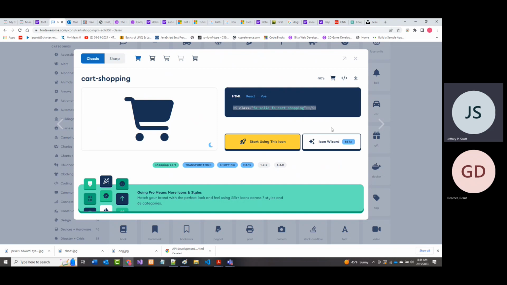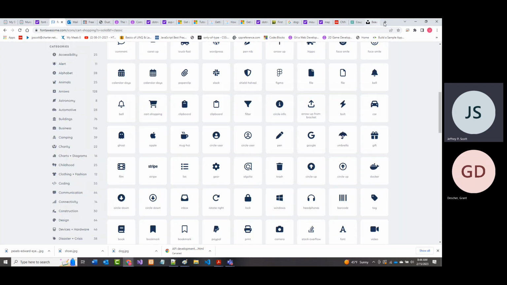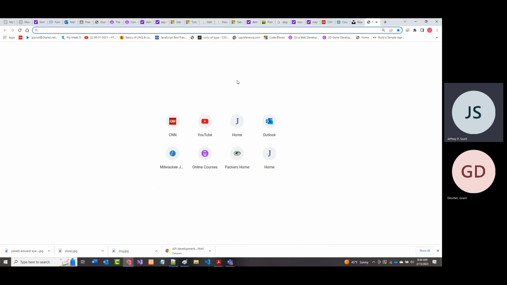The class is fa-solid fa-cart-shopping. And they may or may not have it for the one I chose, but they usually have a 1X, a 2X, and a 3X. And usually the bigger the number, the bigger the image is. And in order to use this, and I have mentioned this before, you want to go out to